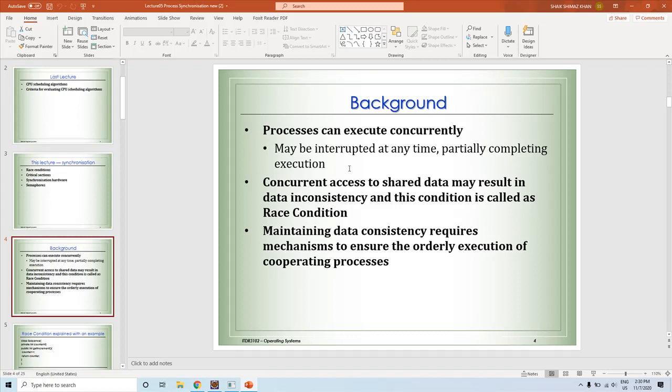So processes can run concurrently at the same time in a system, and if they share data and try to update the shared data concurrently, then a data inconsistency problem can occur, and that problem is the race condition. There are different techniques which can be used to prevent the race condition problem.